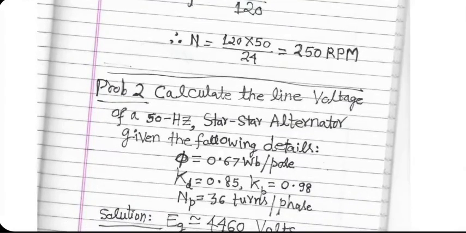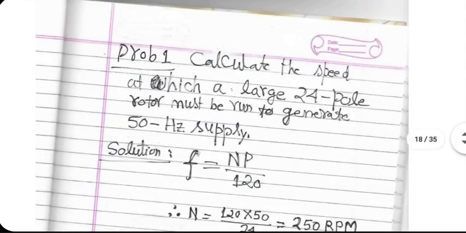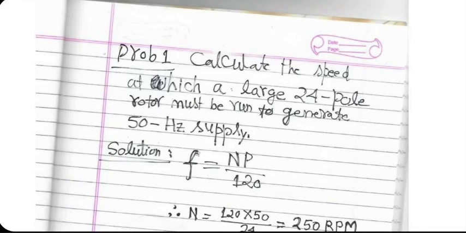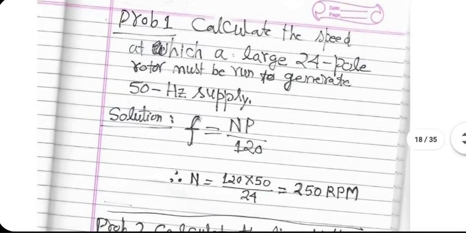Oh, by the way, here in problem 1, if I had reduced P to say 4, then the value of N required would have been much higher. Then a wind turbine would not have been able to do the job. You may have needed a gas turbine. It's an equation which is simple, but it has a lot of practical implications. Number of poles versus N for a given frequency. Based on that, the choice of turbine will be made.